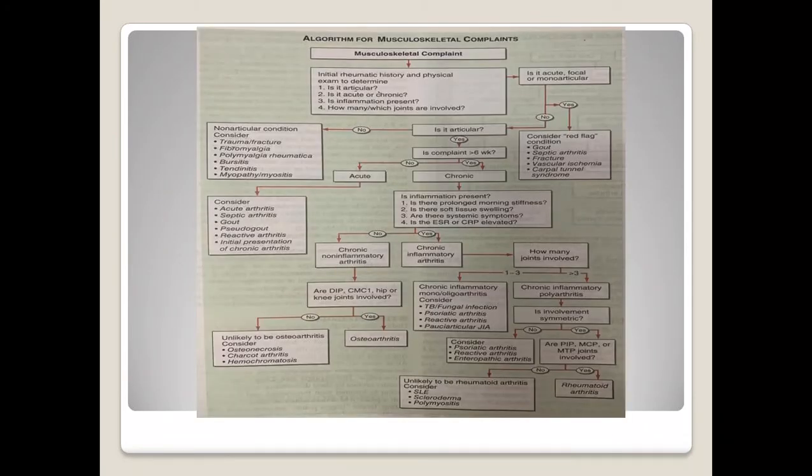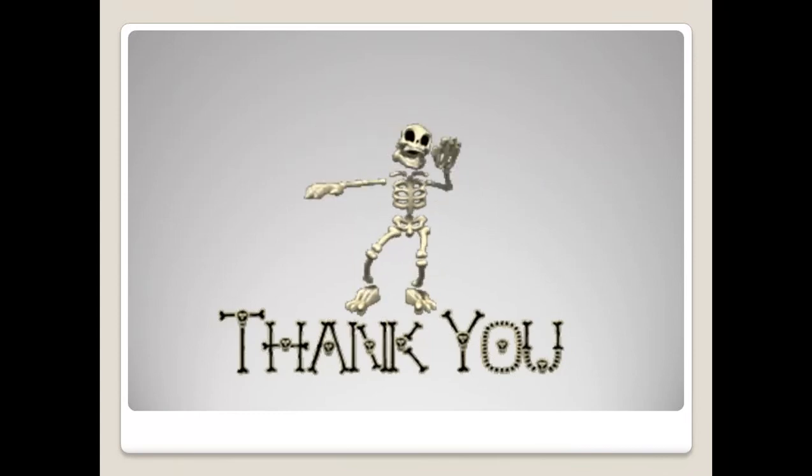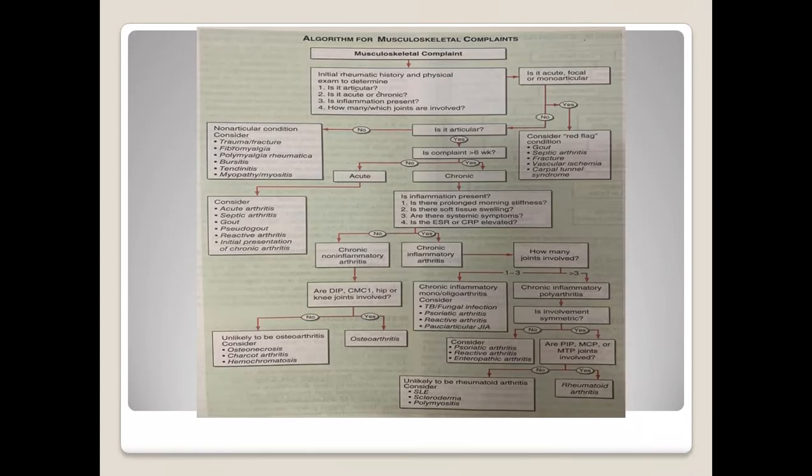As we were discussing earlier, whether it's articular, acute or chronic, whether inflammation is present, or how many joints are involved, depending upon that and on which joints are involved, with inflammation and non-inflammation, we'll categorize under rheumatoid or osteoarthritis or psoriatic arthritis or reactive arthritis. That's it. So here you can finish it off. This is how I want to conclude. This is one slide I will go through again.